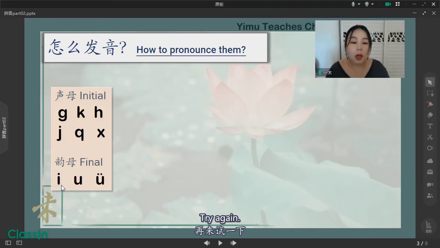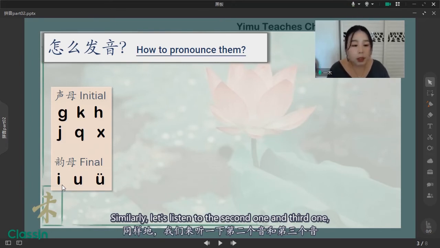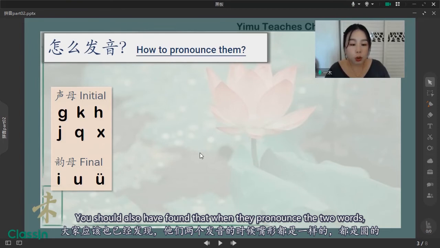E. This is how to pronounce the third sound. Similarly, let's listen to the second one and the third one. U, ü, u, ü. You should also have found that when we pronounce the 2 words,